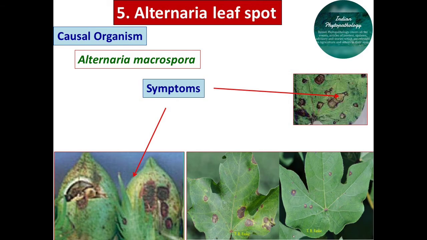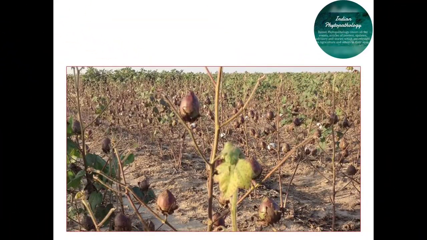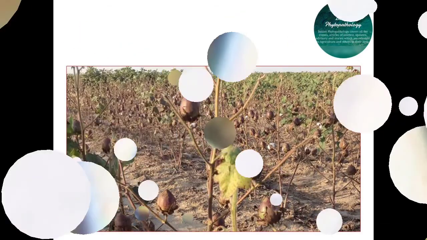In severe cases, the leaf stalks and bolls become infected with spherical or elliptical purple spots, as you can see in this image. On the left side there is the boll, and on that boll there is a leaf spot. Under humid weather conditions, spots appear sooty black, leading to premature defoliation of leaves, and you know that if premature defoliation of leaves occurs, the plant shows stunted growth. That means only bolls are hanging on the crop, you can see in this image.